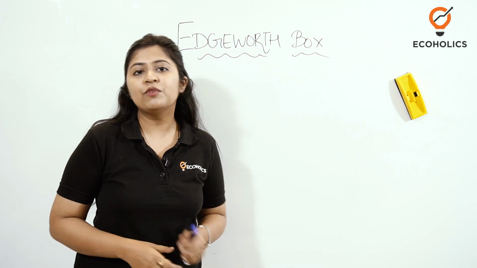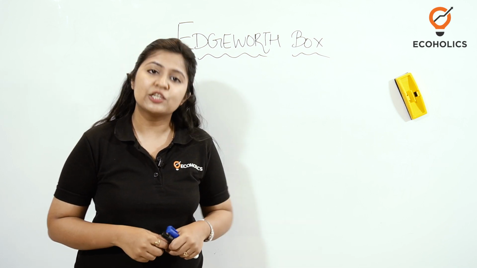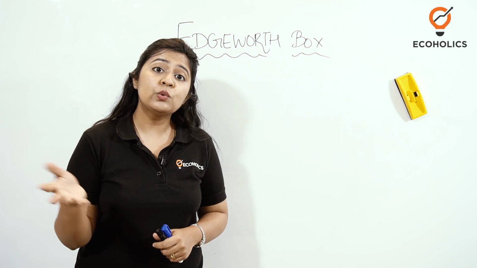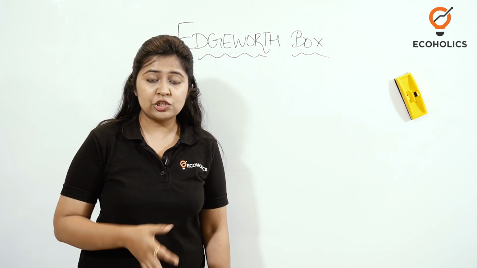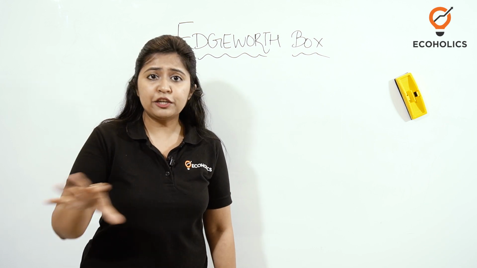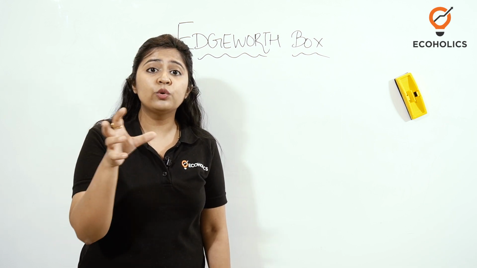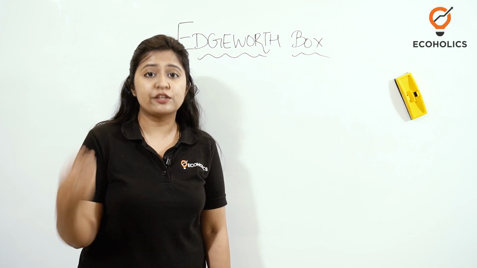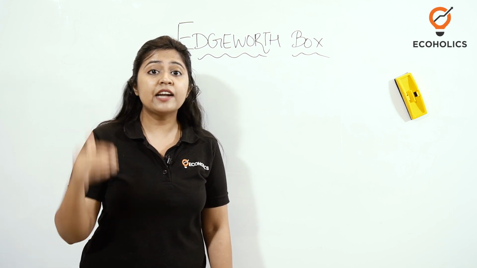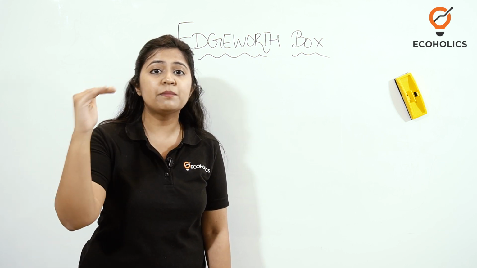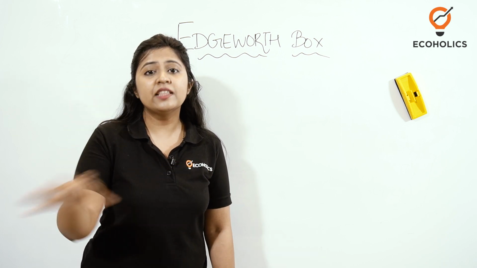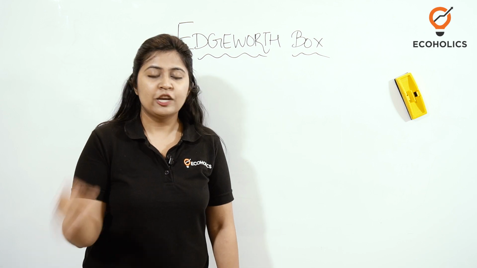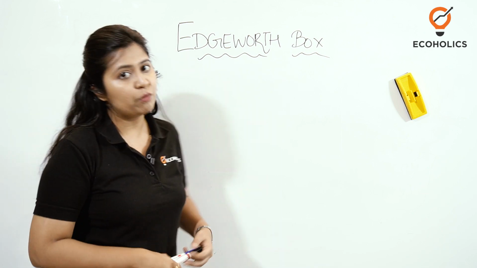That is going to be the Pareto optimal position. Today we are going to understand the Edgeworth box diagram with regard to consumption efficiency. Consumption efficiency means that when a nation has a variety of goods, they are allocated to the consumers in such a way that maintains the best optimal efficiency or utility for the consumers in the society. So today let us look at the Edgeworth box diagram.